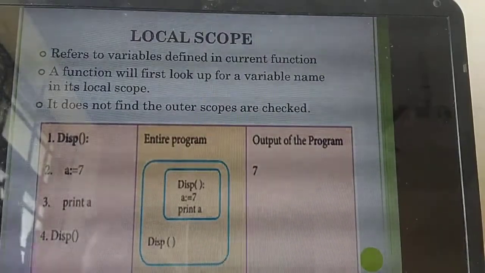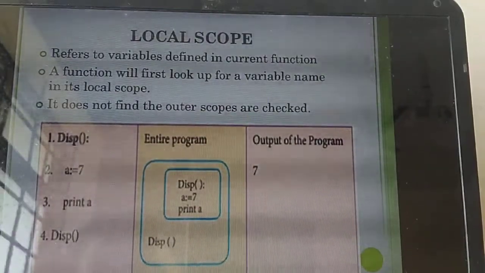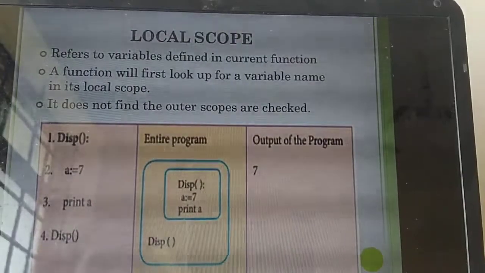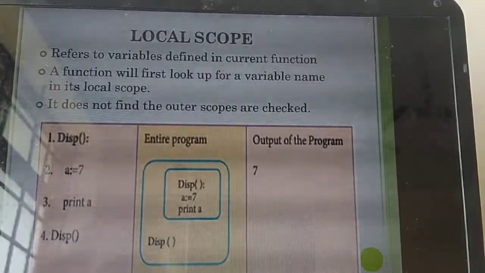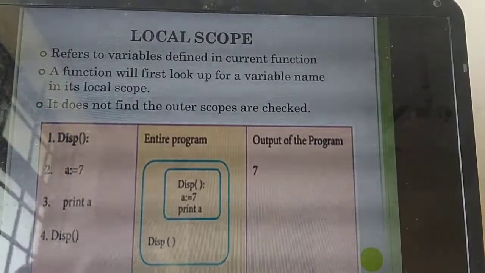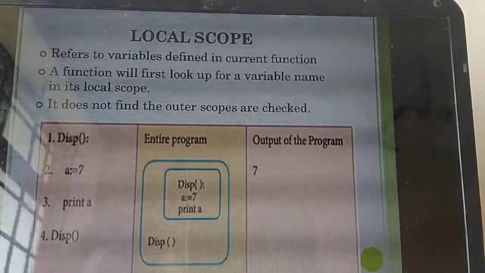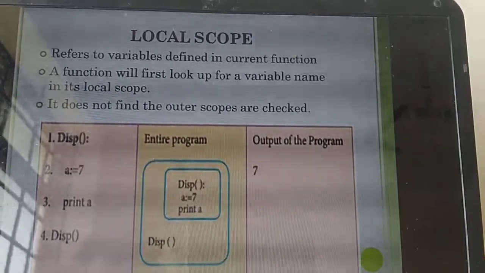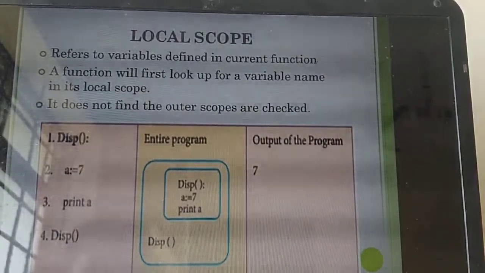Local scope means it refers to the variable defined inside the current function. First itself I said, so local means what? Inside the function. So which variable are you defining? The variables which are defined inside the current function are called which scope? Local scope. Understand? So in this scope, if you are running the program, the function will always first look